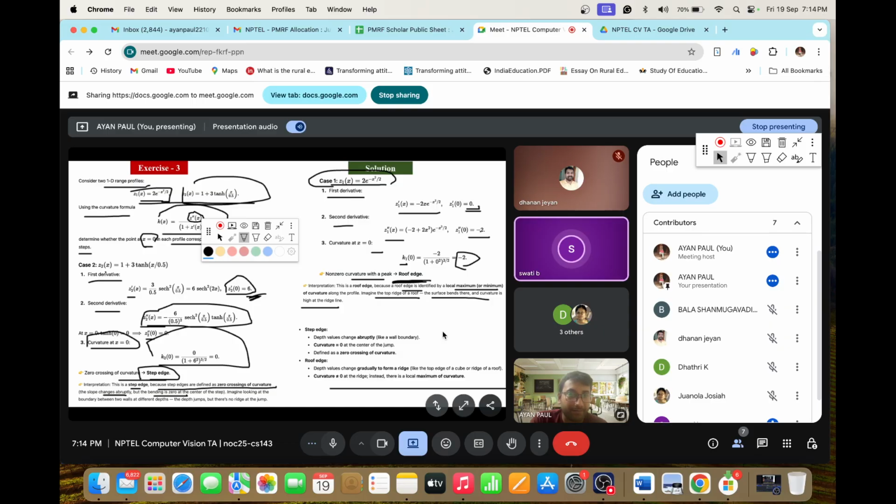So in this formula, we are calculating the derivative two times. The two-time derivative will give us the curvature formula, because the curvature formula takes both the first derivative and the second derivative. The z double dash x will be at the numerator, and the denominator is 1 plus z dash x to the power 3 by 2.